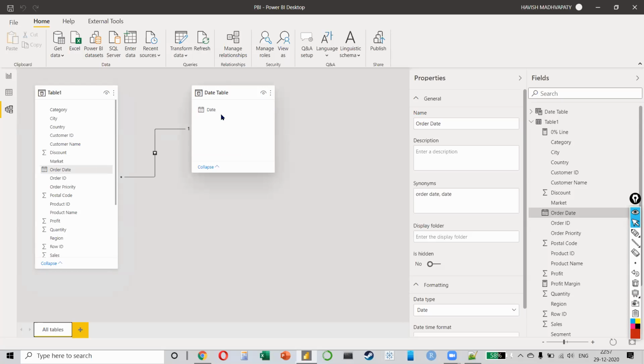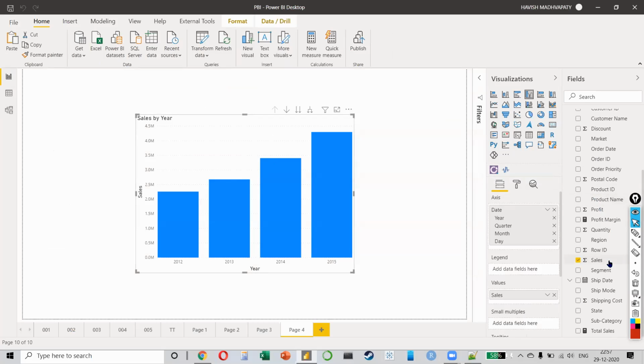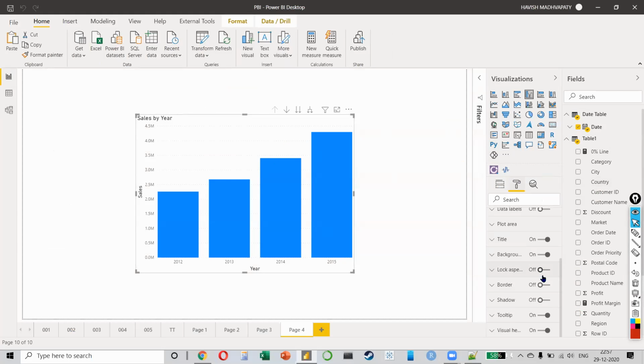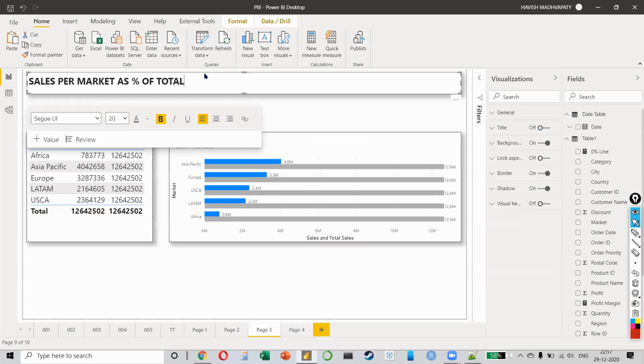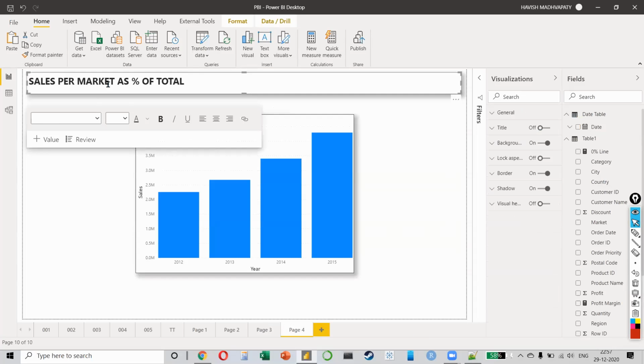And now, since we have created a relationship, I will be able to create a visualization in which the date is coming from the date table and the sales is coming from the sales table like this. Please try this, everyone. I'll just copy the heading so that we know what we are doing, right?